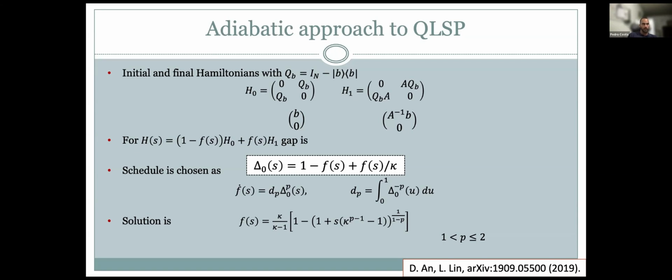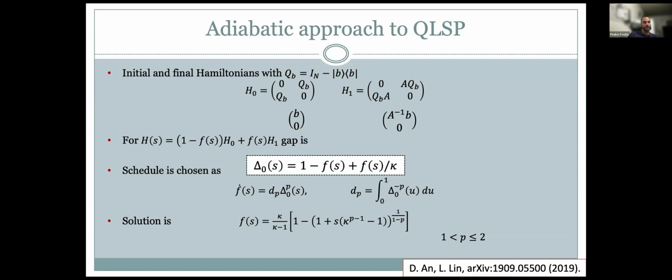It could in general be just linear scheduling, but you can think about other ways to improve the performance, to go along the path in the most efficient way, interpolating between these two Hamiltonians. Because H1 is already given in terms of the matrix A, and also H0 has information about the linear system problem, you can